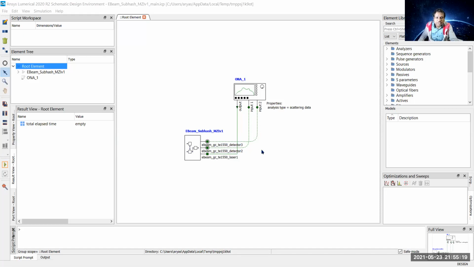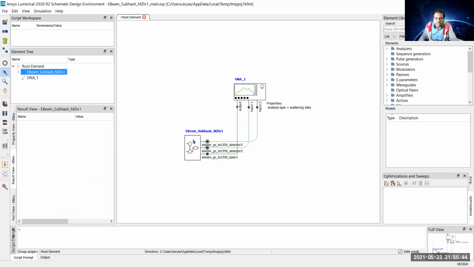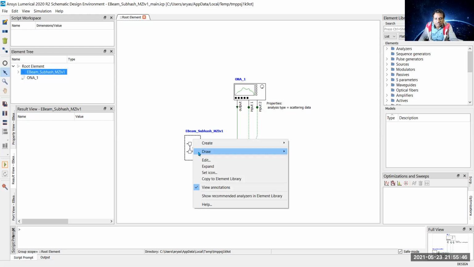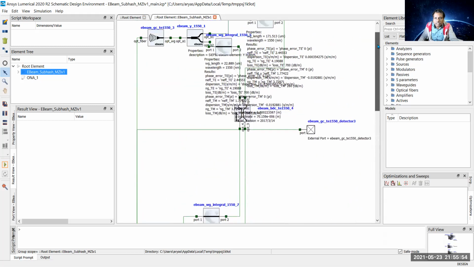Now you can see on my screen the ANSYS Numerical window is open. You see ebeams bus_mzi version 1 is here, and under the Numerical software, ONA is here, the optical network analyzer. So that is the automatic connection between KLayout and Numerical Interconnect. If I click on that and click on expand, you see the circuit which we have made on KLayout is here.